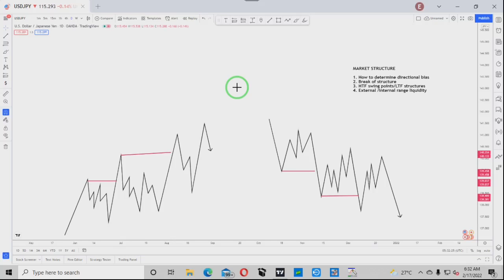In this program, we are going to be looking at 3 topics, which are market structure, imbalance, and the other blocks. Now, before we go into our teaching, let me first give you a framework of what you should expect in this program. It is a 5-day program, as you may have known.